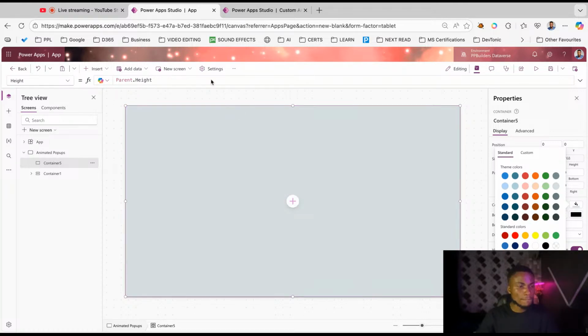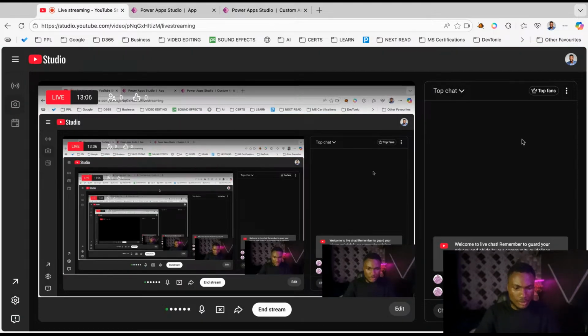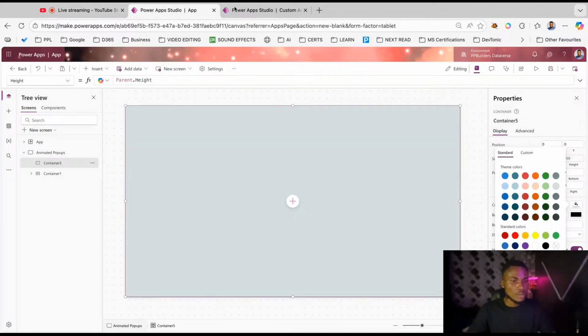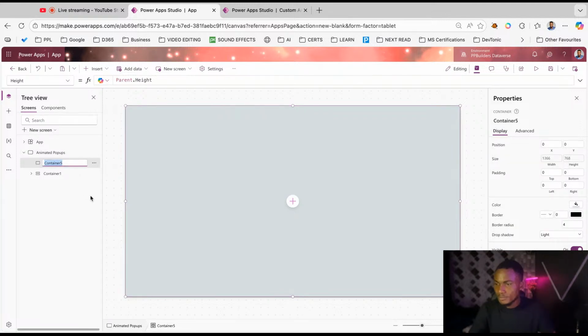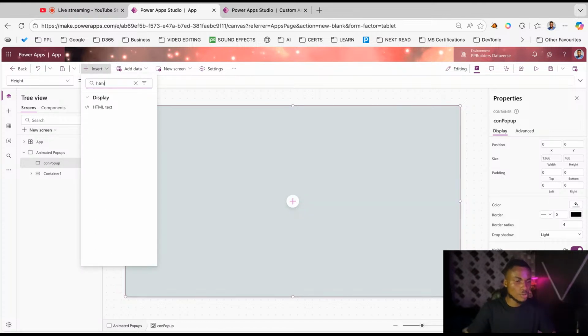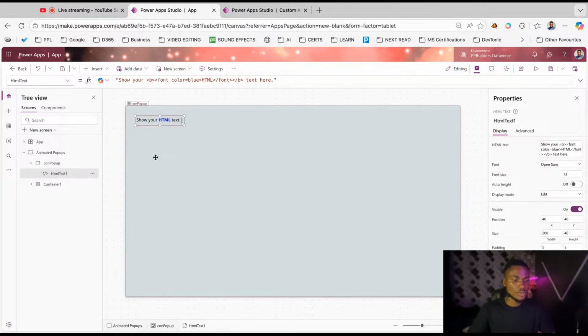Okay, and let's see what we have here. I think I still need to pause this. I don't think so. Okay, anyhow, you can always pick it up from here. So right now, I'm gonna rename this con pop-up. Okay, and I would add an HTML text control, and I'm going to use this to blur the